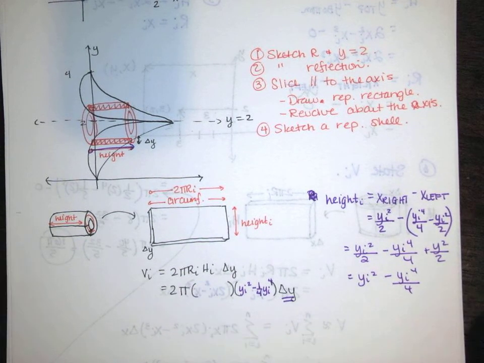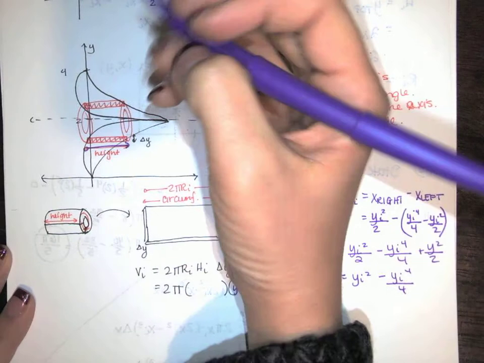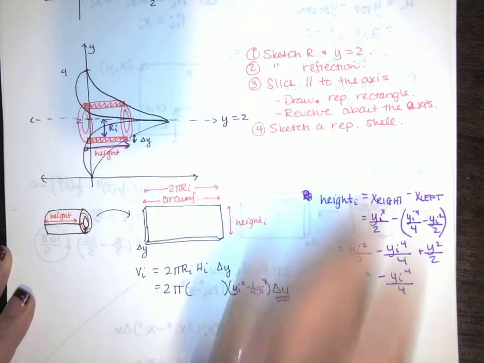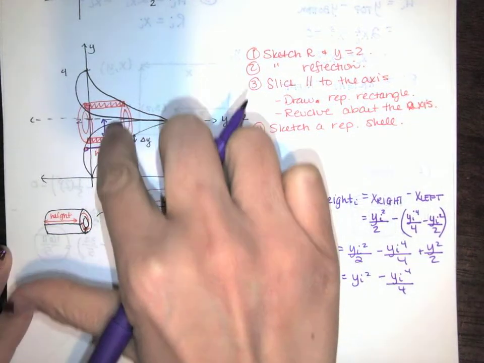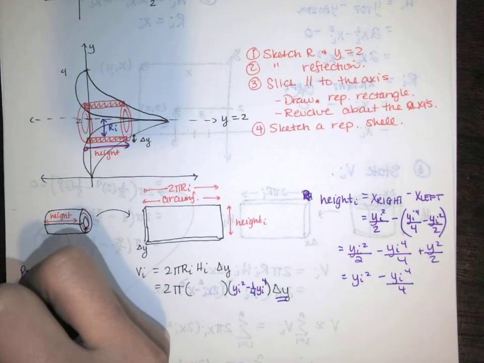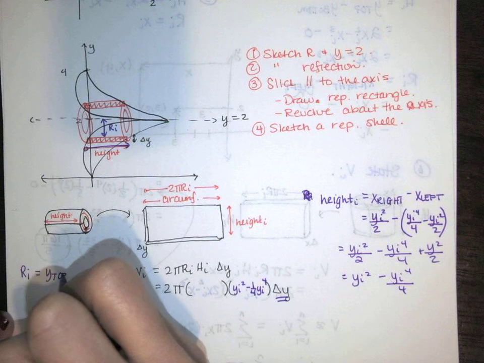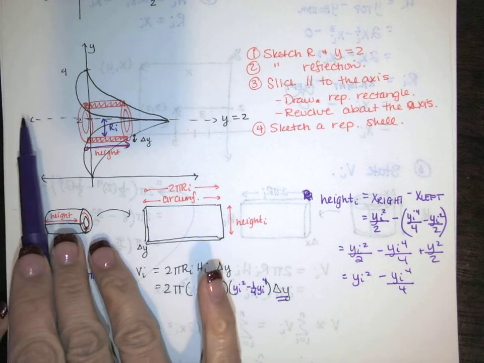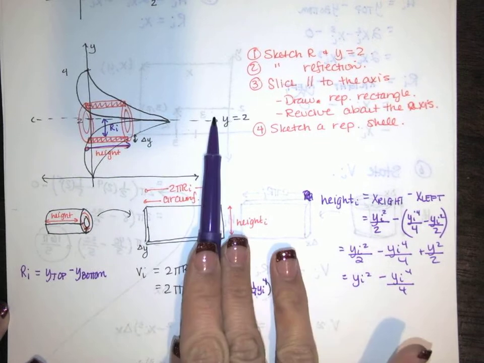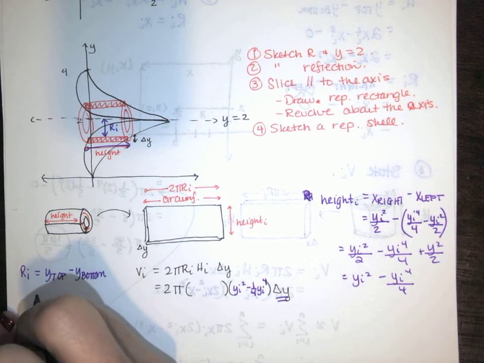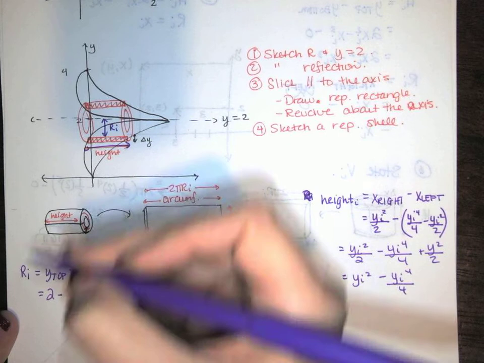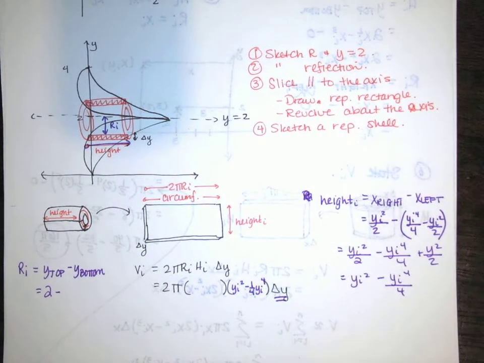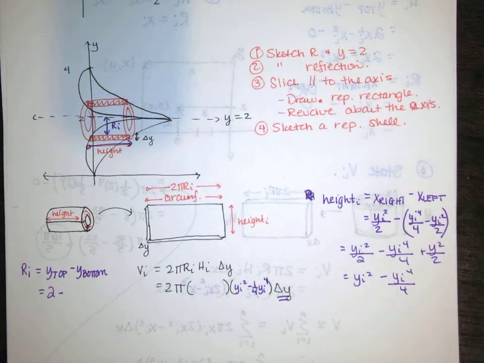Now the radius, that height was horizontal, the radius is vertical. Careful, if it's vertical, that's the top y value minus the bottom y value. The top y value is given by that axis, the equation of that axis. Y is 2 up there. The bottom y value is just y. And our students will say, why? Why is it just y? I don't understand. Well, remember,